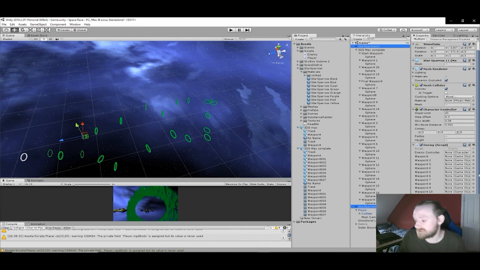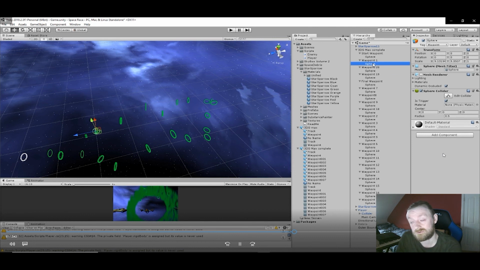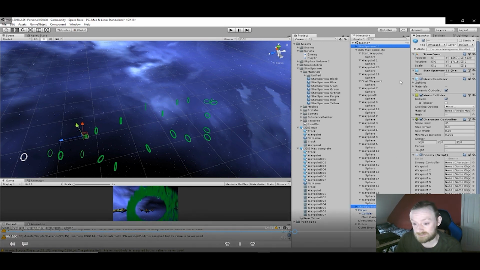And I think forces are better. I think I've said this in other videos. Forces are better for spaceships and physics and that kind of stuff. So we're going to have the enemy controller. Well, we set that on start. So even if you expose this in the inspector, if you set it in the start function of the script, you can leave it empty and it will just assign the enemy controller to it anyway. So that's fine. Waypoints, I've got to do each one, drag and drop them individually,